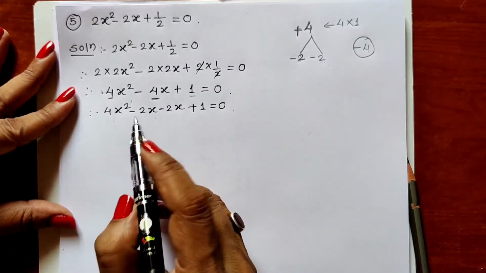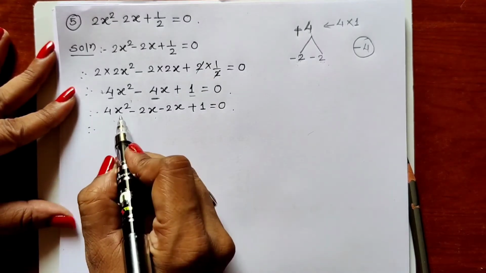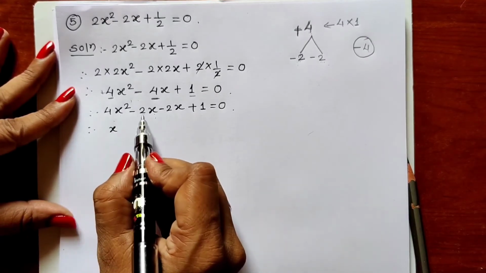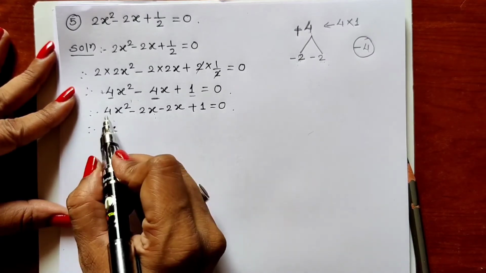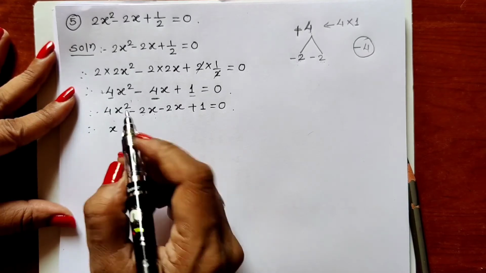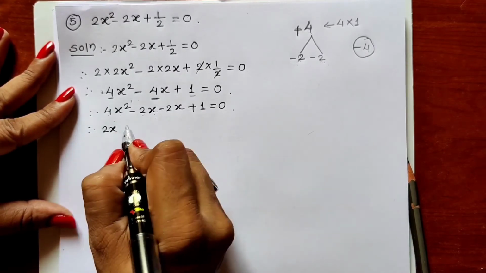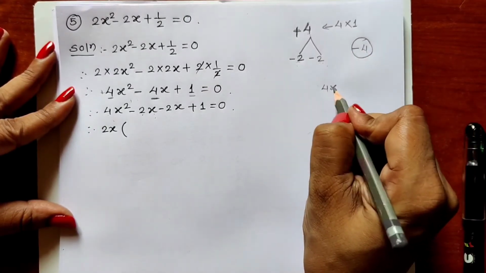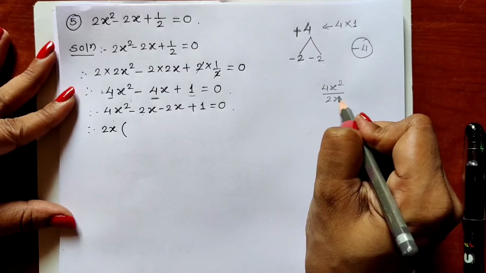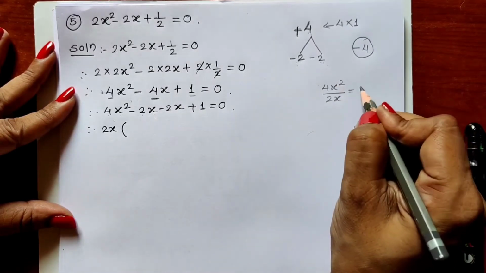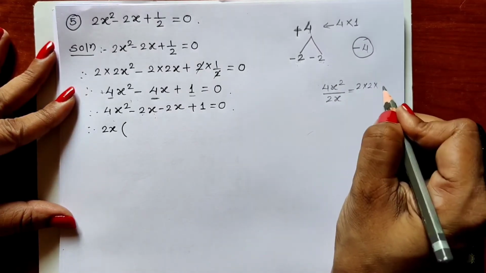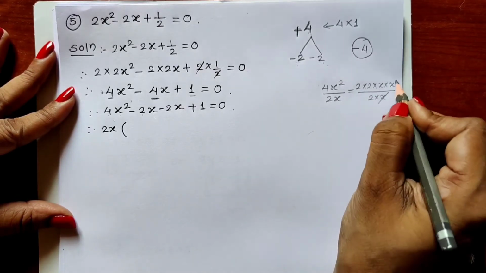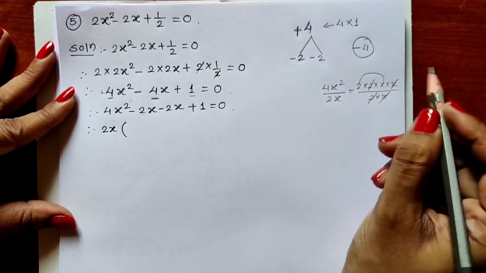Now from the first two terms we will take out common. We can see that x is common in the first and second term. With that, 2 is also common. 2 is the smaller number and the bigger number is divisible by this smaller number, and that's why we can take out the smaller number common. Now from the first term, from 4x square, we can take out 2x common. That means we can divide by 2x. 4x square means what? 2 into 2 into x upon 2 into x. So x cancels, 2 cancels. What is remaining? 2x is remaining.